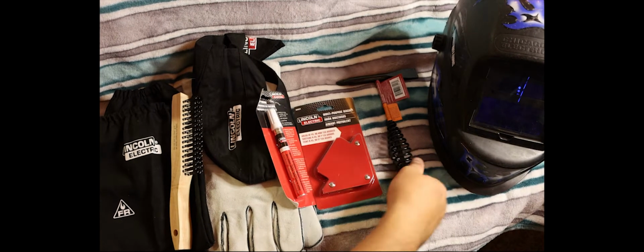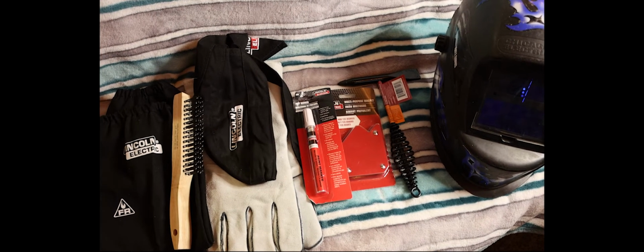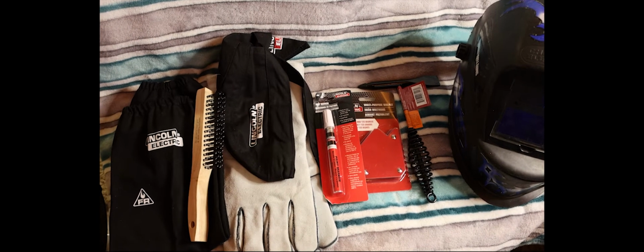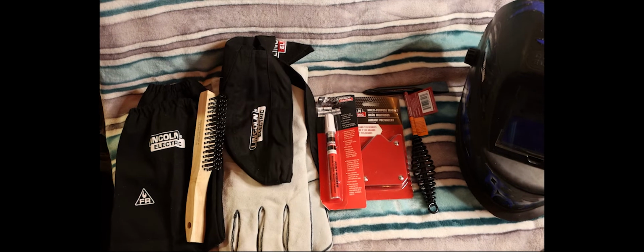So let's look at some of this packaging, because I know a lot of this is probably made in China, but it really doesn't say. So hopefully Lincoln Electric will stand by their stuff and make good American gloves and things. It says made in China, fabric in China. So even Lincoln Electric is cheaping out but being expensive, but they are still making a product that